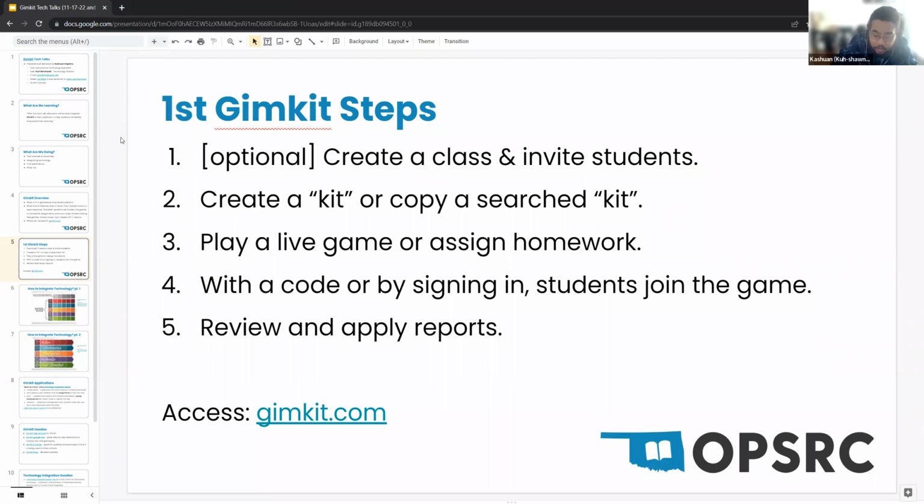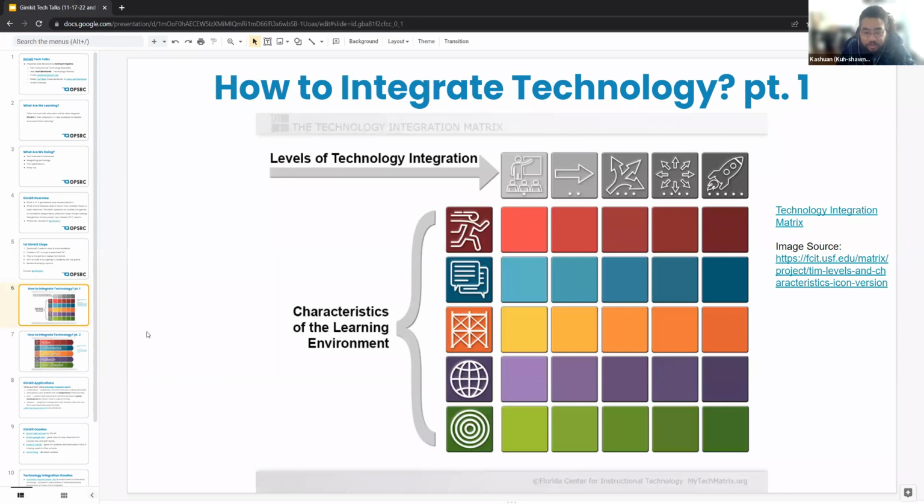All right, what I want to use the rest of my time here for is to talk a little bit about tech integration. Another question that I like to ask is, how would you plan to integrate technology? And there's tons of ways to answer that question. Really great ways. I'm going to pick one of these and highlight it here, which is the technology integration matrix,